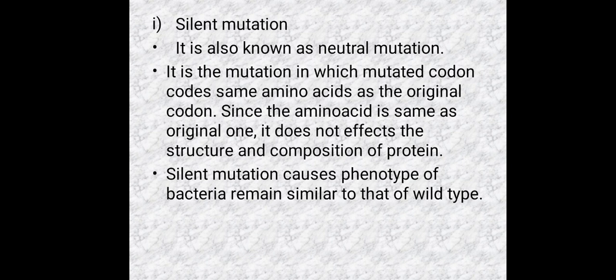Now this property is due to the specific properties of the genetic code. A single amino acid may be coded by more than one codon, and due to this degeneracy property of the codon, these silent mutations occur. It means that no doubt there is an alteration in a single nucleotide base through a point mutation, but even with this alteration it codes for the same amino acid. Such a type of mutation is called a silent mutation.